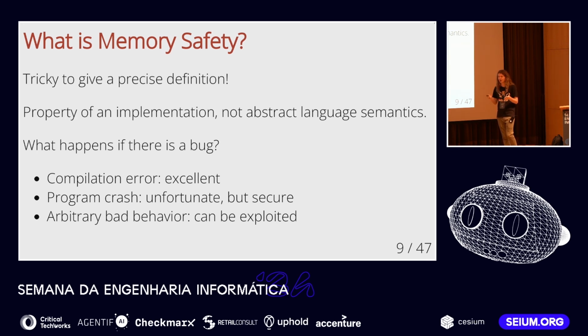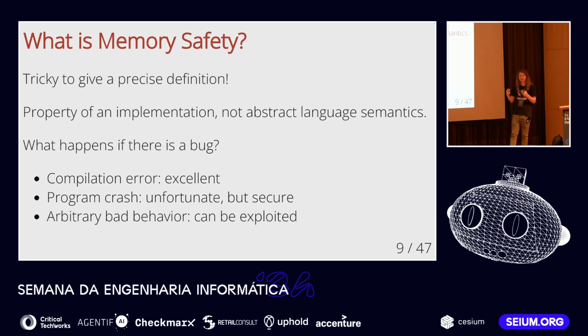We are going to look at some examples of what constitutes a memory safety issue. And the core idea here is that we think about a situation where your program already has a bug. So your program is buggy. The question is, what are the consequences of this error in your program? In the best case, your program doesn't compile. This is perfectly fine. You just go fix your program, and then it doesn't have this bug. The second case is that the program might crash. So you have a bug, the program compiles, the program runs, but then it crashes. This is, of course, unfortunate from the perspective of the user because they want their software to be correct, to be usable.